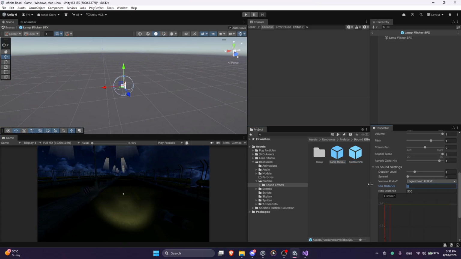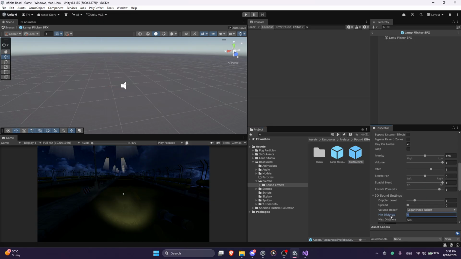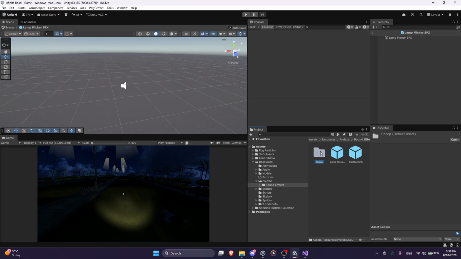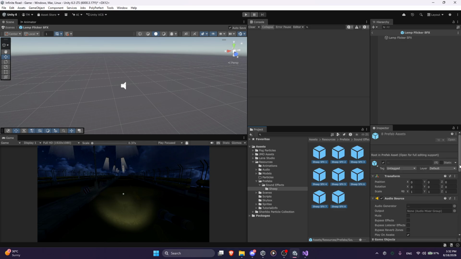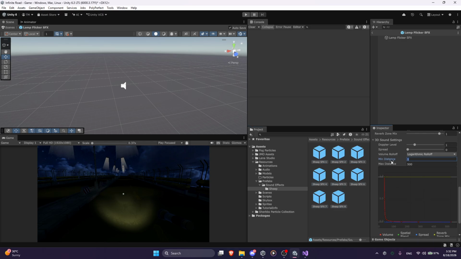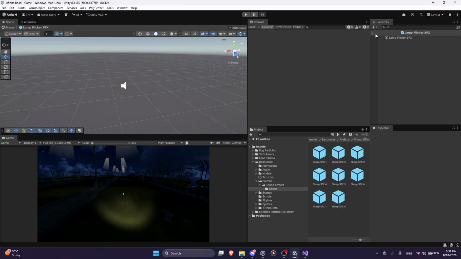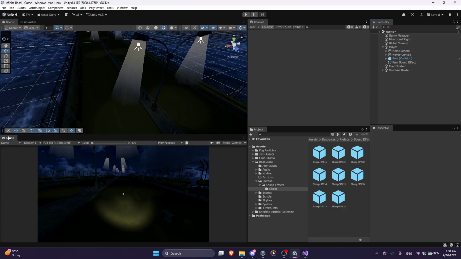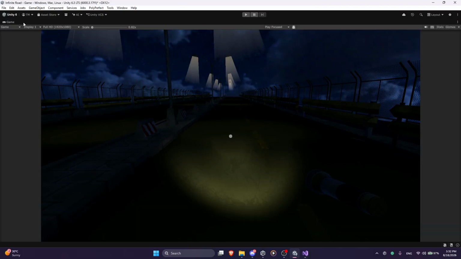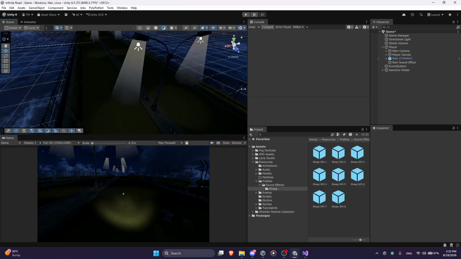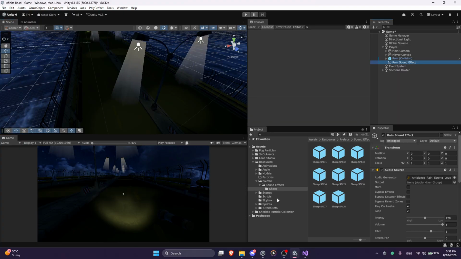I think it is this minimum distance here, so we can hear it from further away. Same for the other ones. Okay, well, let's test it one more time. But before that, I want to change the sound effects from that to